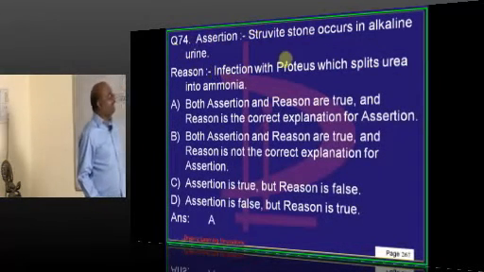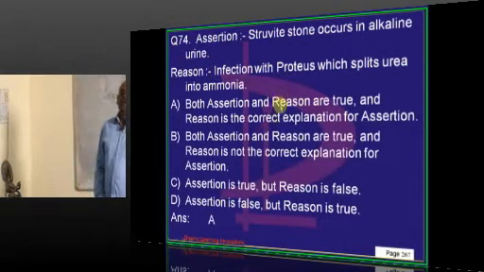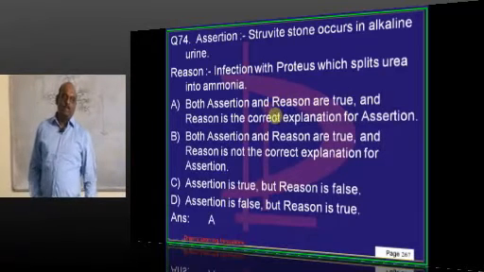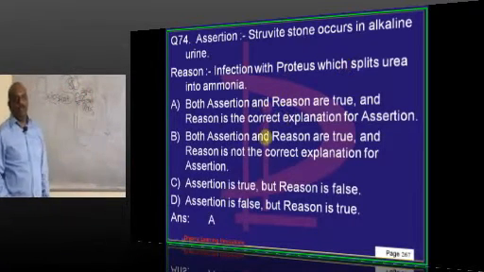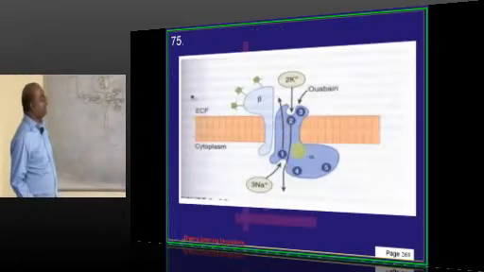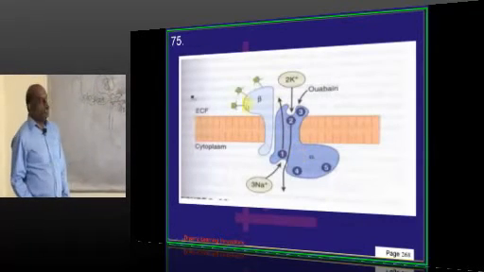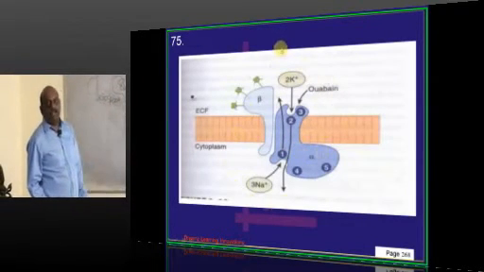Struvite stones occur in alkaline urine. And whenever infection with Proteus mirabilis is there, then it will split the urea and lead to alkaline urine, as all of you know. तो आपको एक डायग्राम दिया गया सोडियम पोटेशियम का